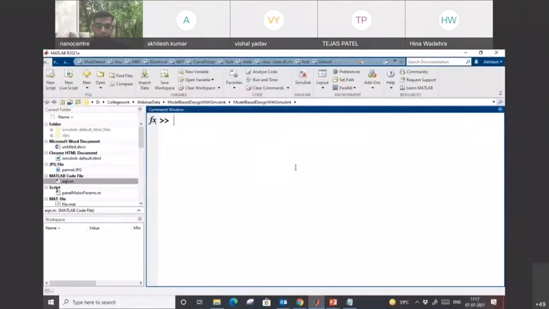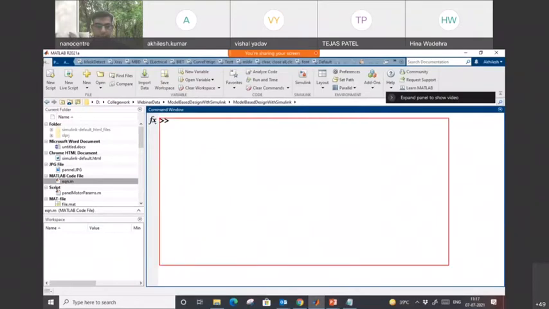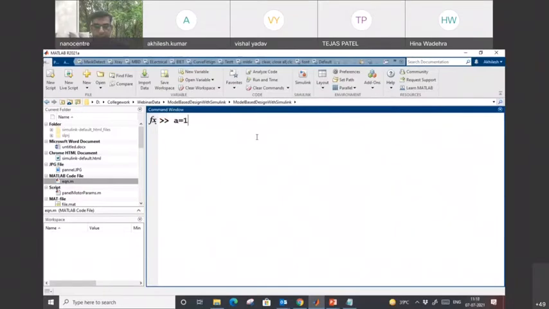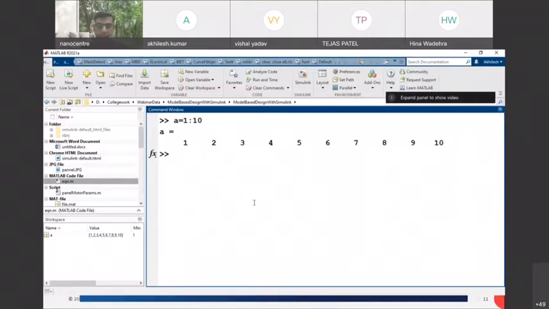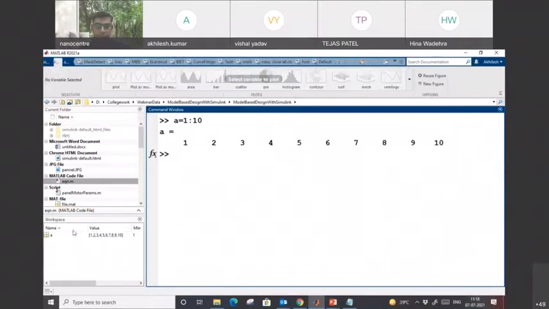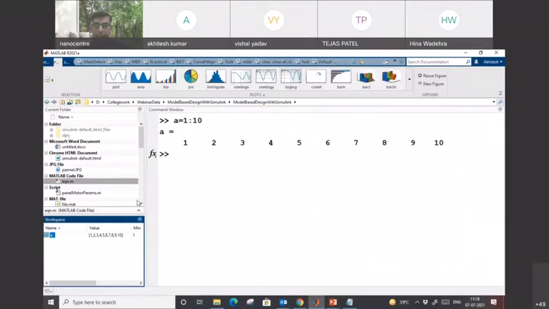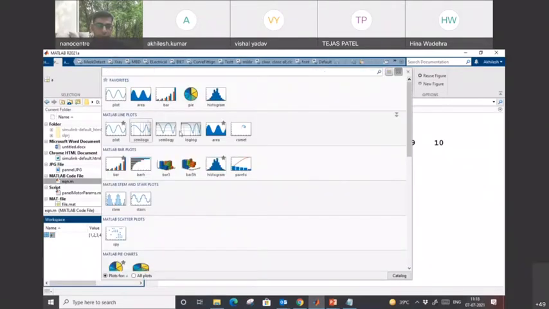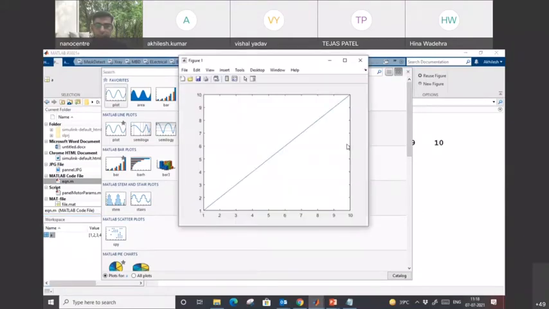Before that, if you are seeing MATLAB for the first time, this is the command window of MATLAB, also called the command prompt. Anything which you define here will appear here. And this is the workspace of MATLAB. Whatever variable you define will appear in the workspace, and that is the current directory of MATLAB. Okay. There are some plot options available. Let's say I want to plot this variable. Simply I will select it, and whatever supported plots are available will be visible directly. So I can click plot and you see that it is plotted, right?